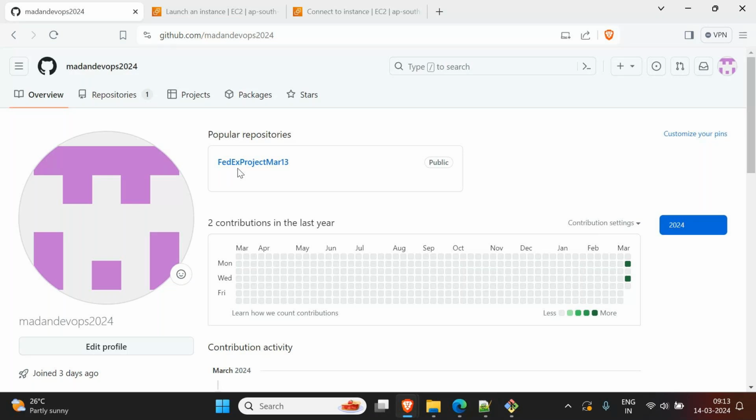Not exactly, we won't do these things. Actually, that is from the development point of view. The developer will be instructed by the tech lead or the manager. So whoever is giving KT to them will inform them. Then this person will click on the repository name, and then he will click